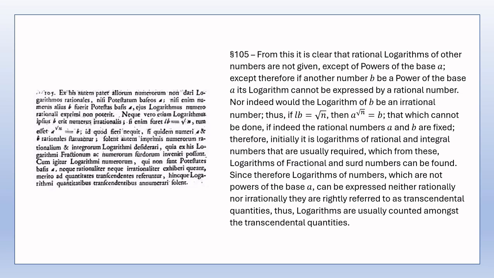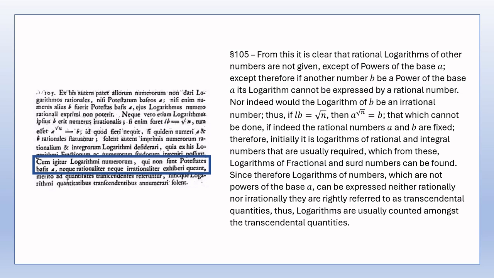I think I may have mentioned this in a previous video, but I'll just note again here that when Euler refers to irrational numbers, he seems to really have in mind what we would now typically refer to as algebraic irrational numbers. Thus Euler considers transcendental numbers as forming a separate category of numbers from irrational numbers. In modern mathematics, the category irrational number includes both algebraic irrationals and transcendental irrationals. Not so in Euler, as we can see when he writes that logarithms of numbers which are not powers of the base a can be expressed neither rationally nor irrationally. That is, they can only be expressed as a